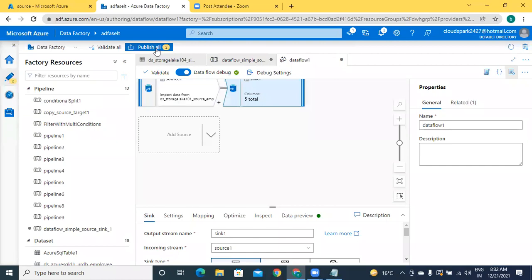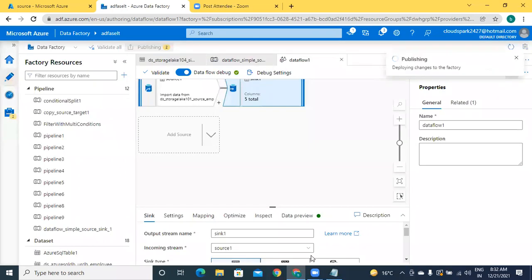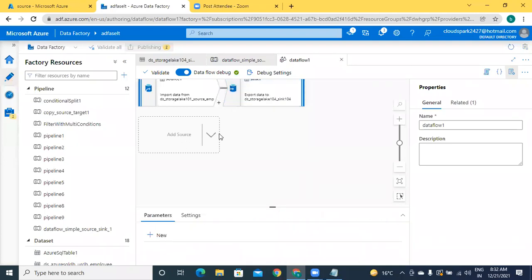I'm going to publish. Publishing is completed. Now you can run it.